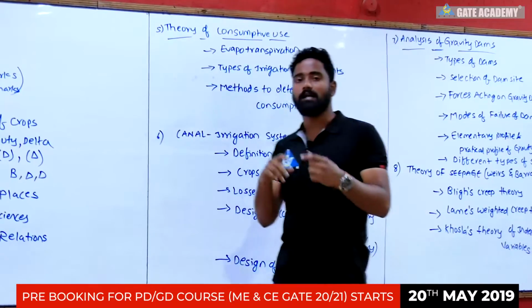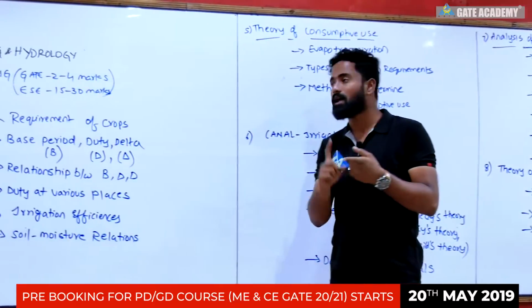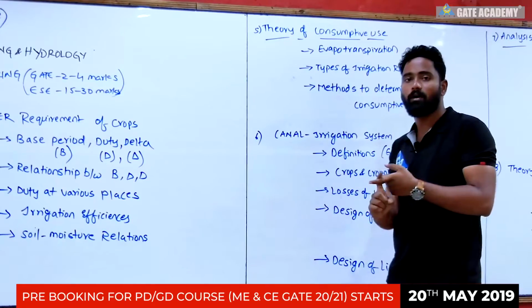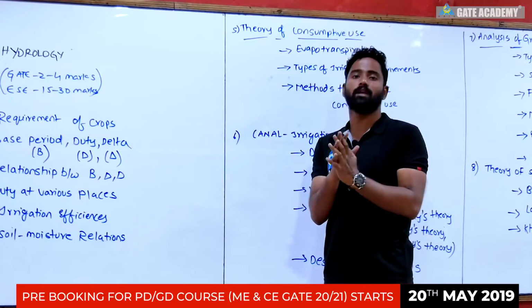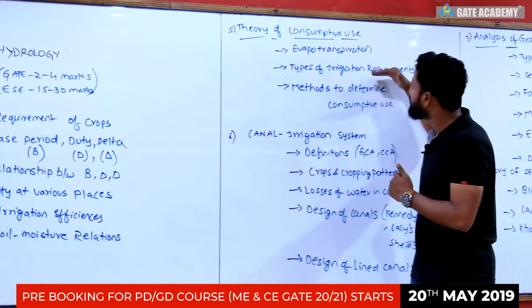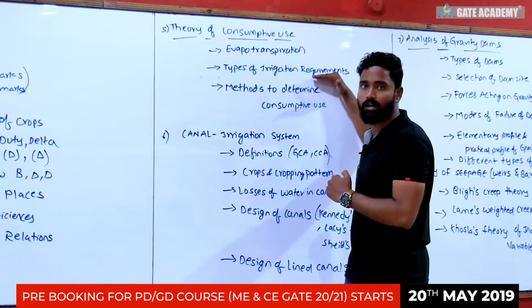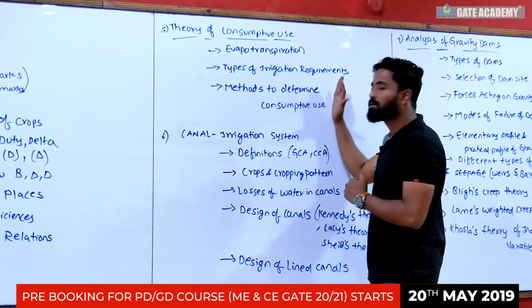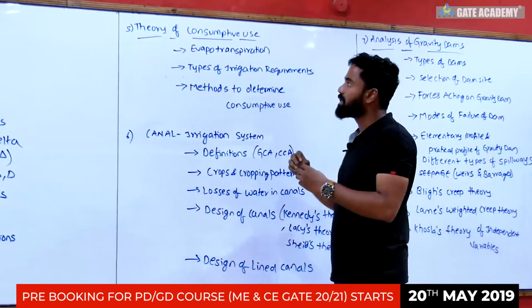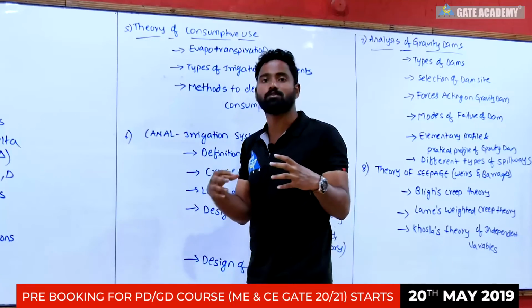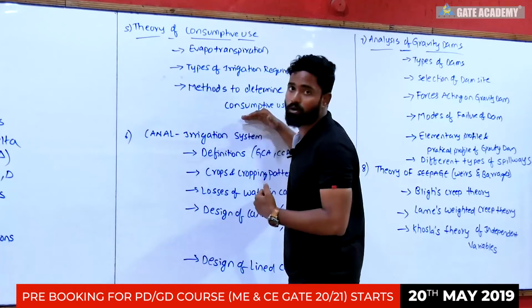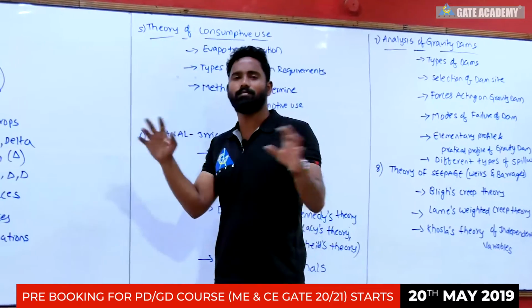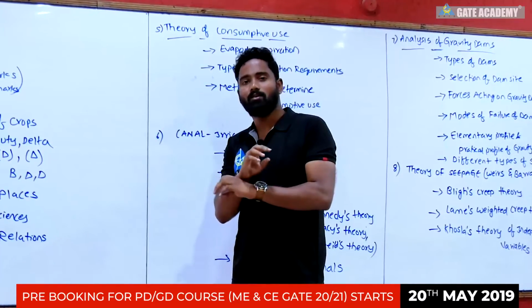Irrigation requirement, consumptive use irrigation requirement, next net irrigation requirement, next gross irrigation requirements. These are the different types of irrigation requirements that will be discussed in types of irrigation requirements. And methods to determine consumptive use, that means methods to determine evapotranspiration indirectly, that is also discussed here only. So different types of methods are there, like